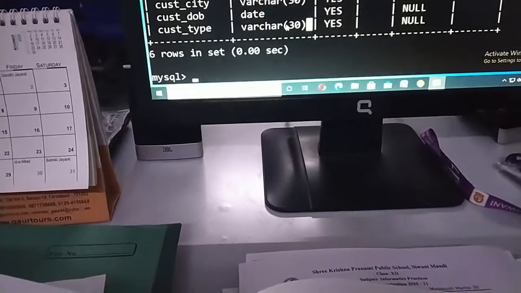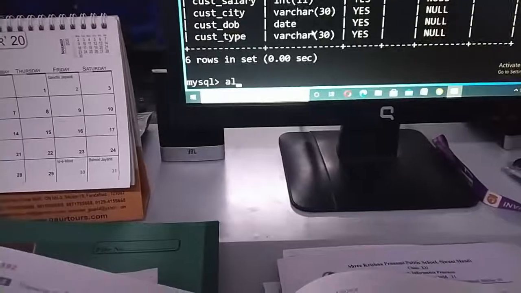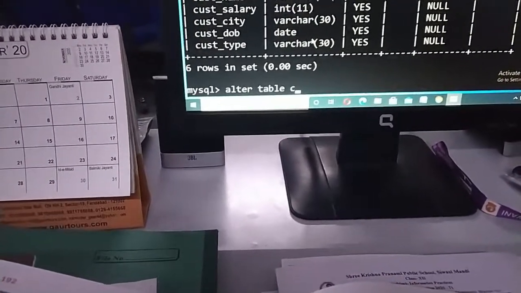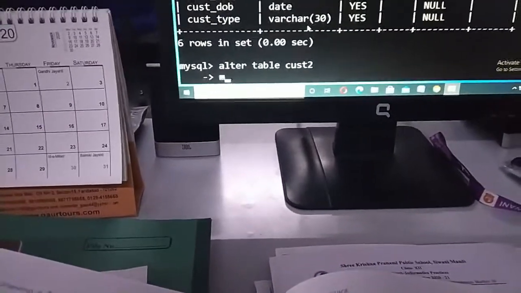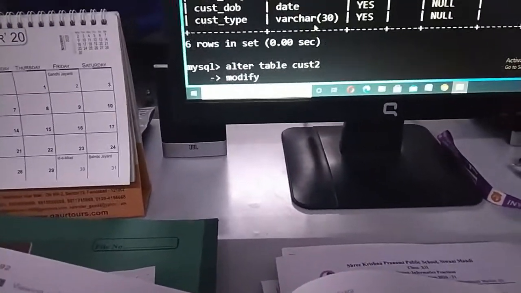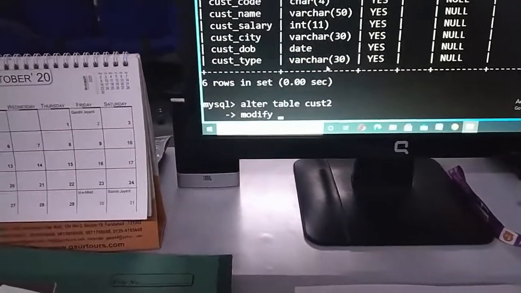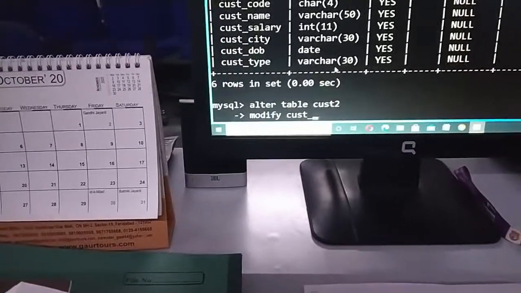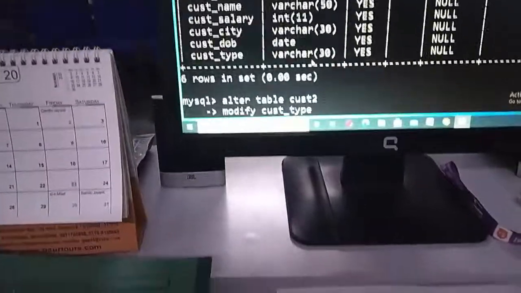In both cases there is a modify command. Now you just use the alter table cust2, press enter, then say modify. Since I'm trying to modify a field that I have already created, after modify, you just say the column name, that is cust type, and then the new data type you can say.